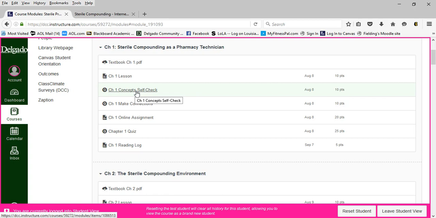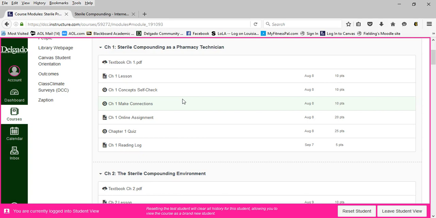It's a homework assignment. So for Chapter 1, when you go to concept self-check, there are 5 questions. And then there is an apply your knowledge question, which is at the bottom of the page on all of your concept self-check pages in your textbook. Apply the knowledge asks you a question where you will have to give a short essay